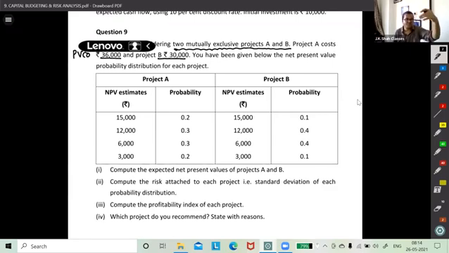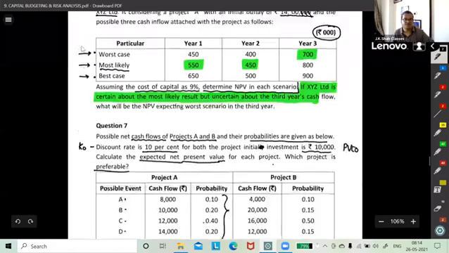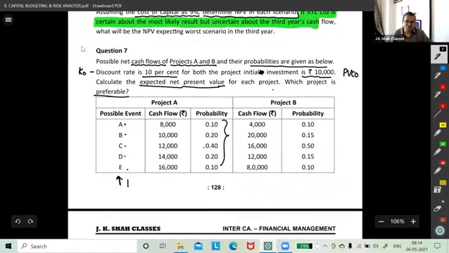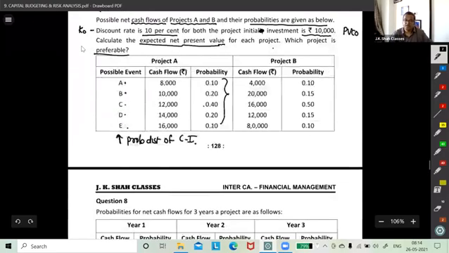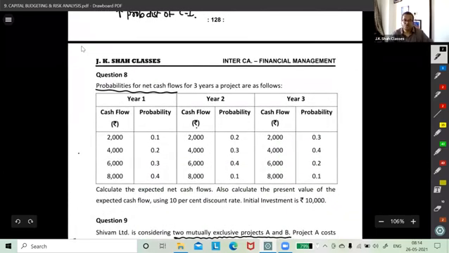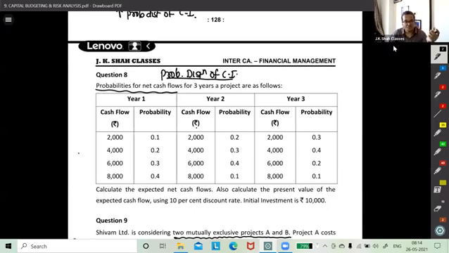I always try to make people compare the questions. So in the earlier question, understand guys, this was a probability distribution of cash inflow, correct? This is also probability distribution of what? Cash inflow, correct? So what you did in this case, from the probability distribution of cash inflows, you first estimated the average cash or weighted average cash inflows,